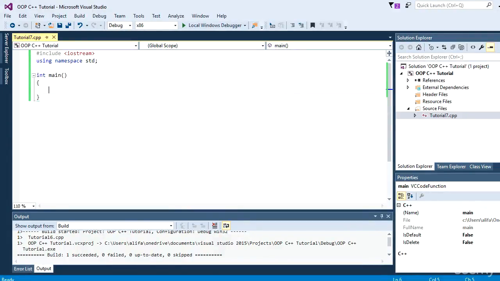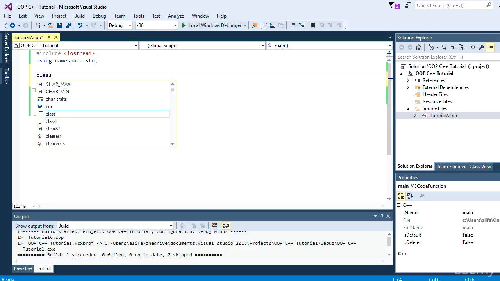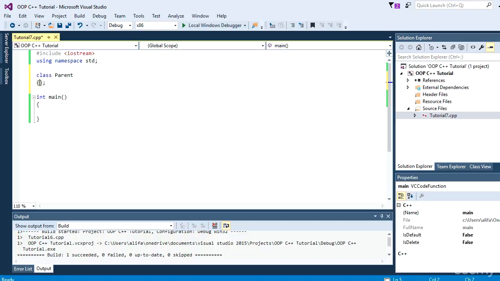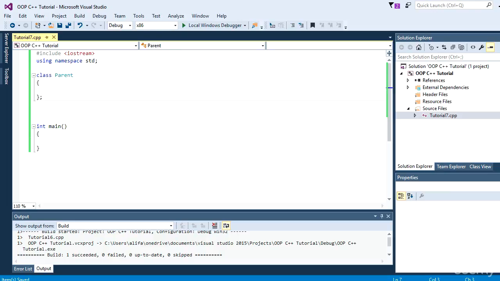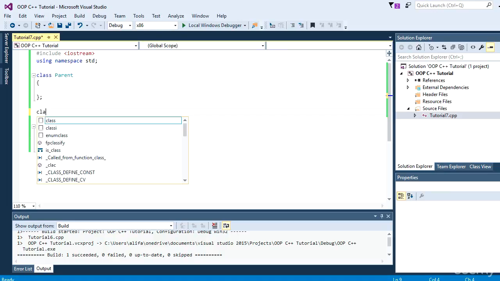Hello guys, in this tutorial we will try and understand the concepts of inheritance in C++. Okay, so first let's create a parent class. I'll explain what this means as we go along, and then I want to have a class which inherits the elements of the parent class. So that class can be called the child class,